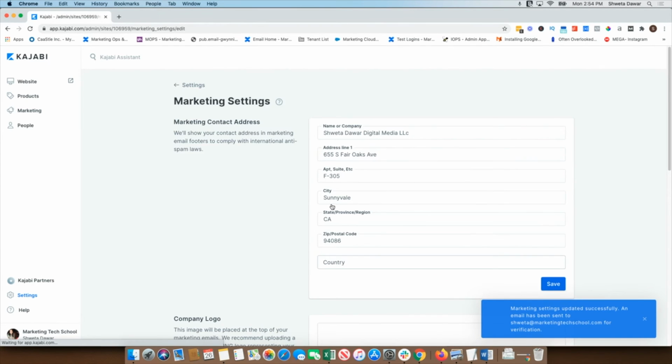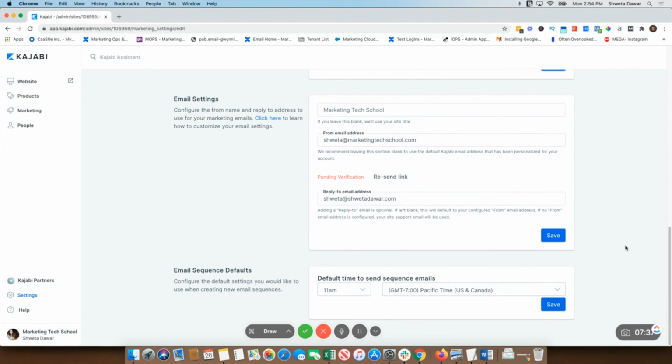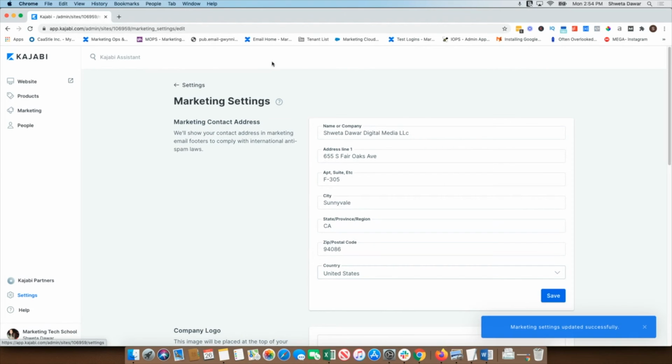And you can use the default time here. If you're setting up an email or a broadcast sequence which is not going out immediately or which doesn't have a time set, the email will go out at the time you choose here. So I'm just going to make this 12 p.m. PST. Save. So these are our marketing settings. Let's go back